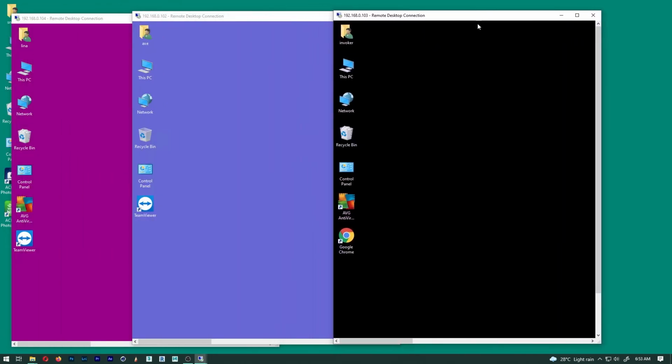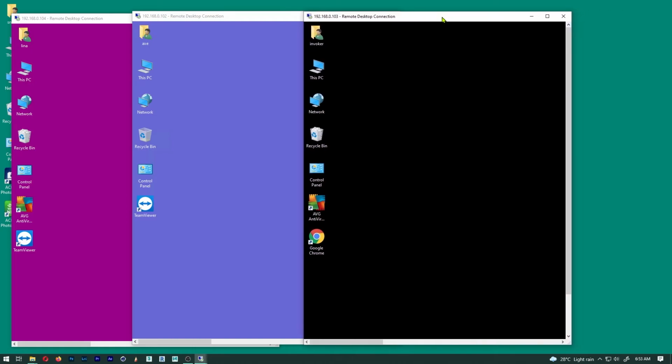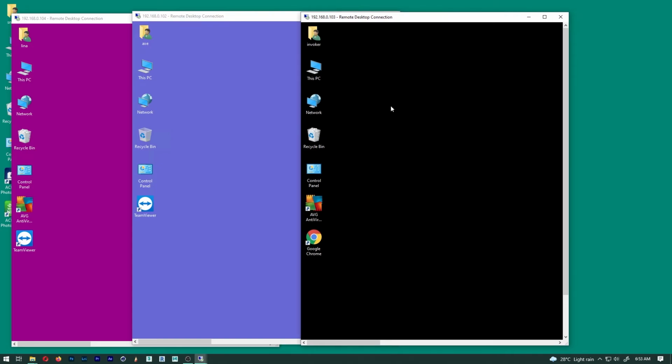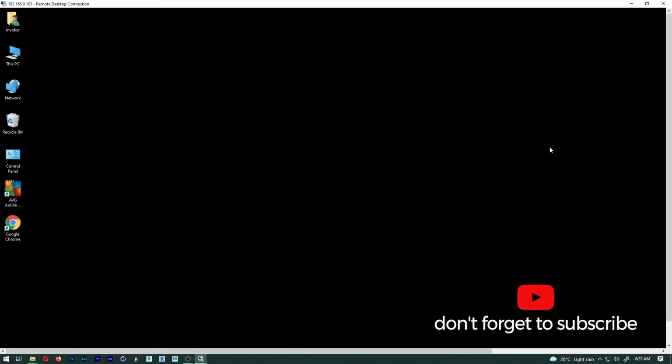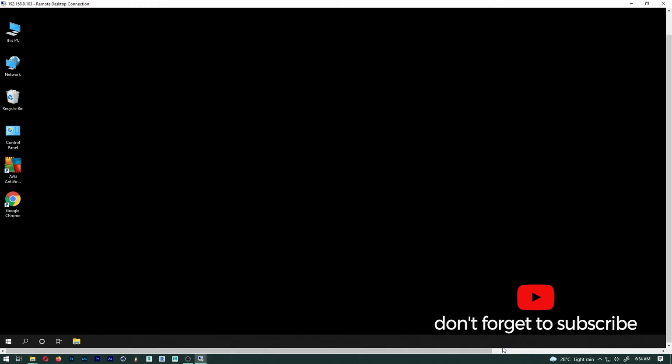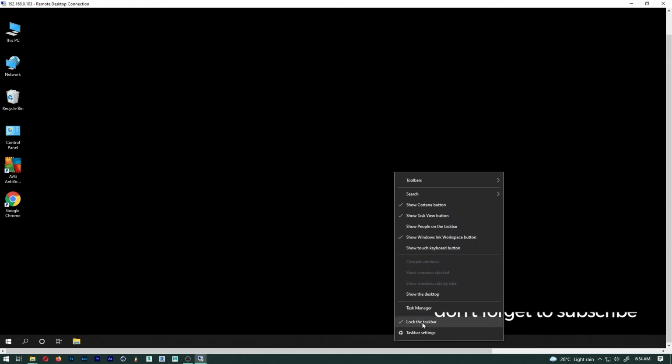So here we are, and there's another computer which is IP 104. I did not set it up for now, but I am going to do it as soon as I find time. So the connectivity is done, and remember that if we maximize it,